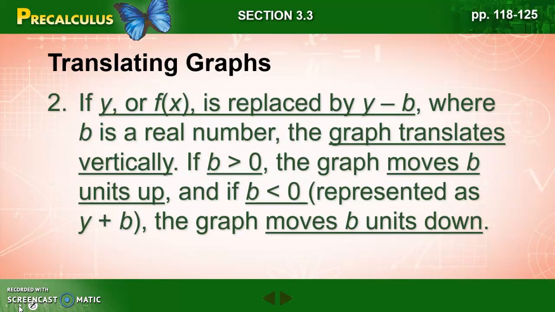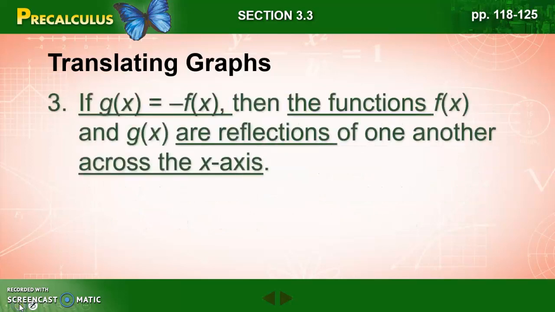To move our graph vertically, we've already looked at that. Look at that number that's being added to the y. So y minus b or y plus b, that's going to move our graph up and down. And if g of x equals negative f of x, then they